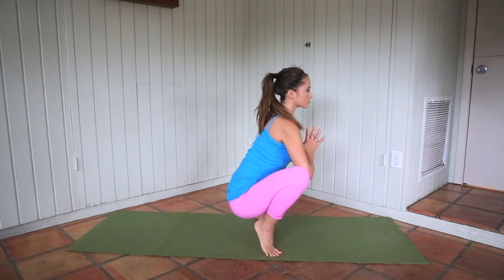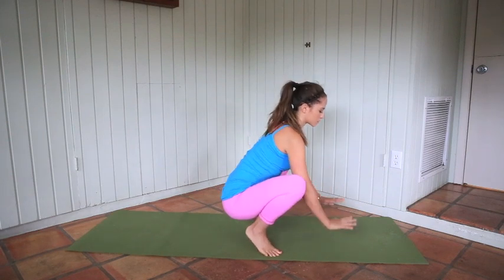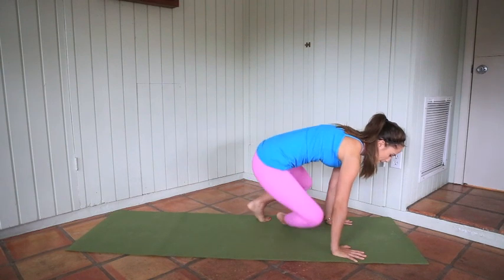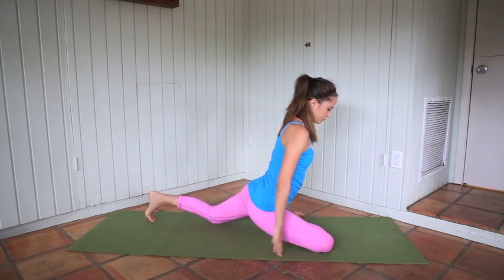And you're using your elbows to push the knees open. This is really good for the ankles, the legs, the groins. Breathe deeply wherever you are. Inhale, come forward. Set the right leg to the front of the mat and the left leg back behind you